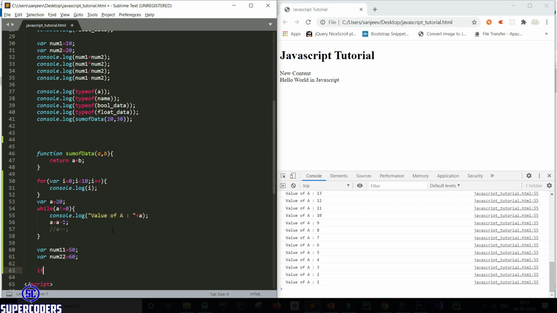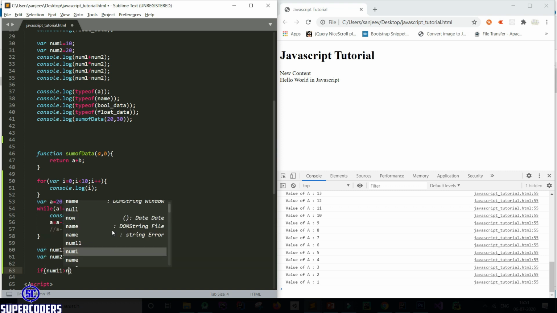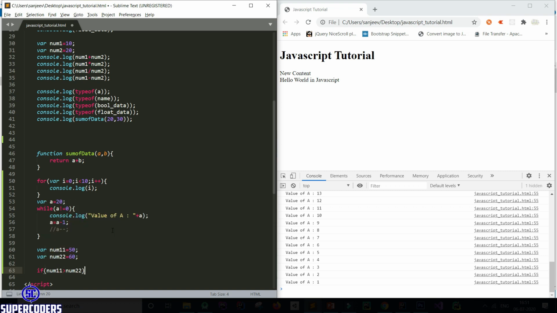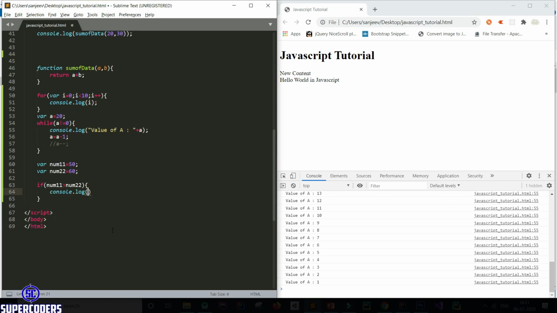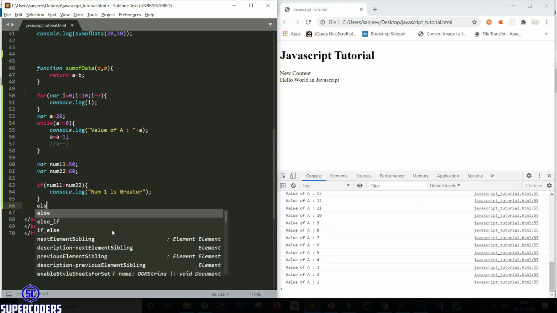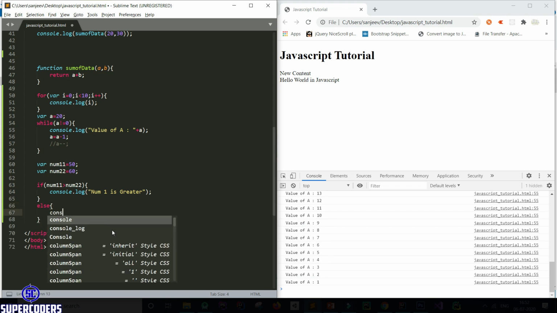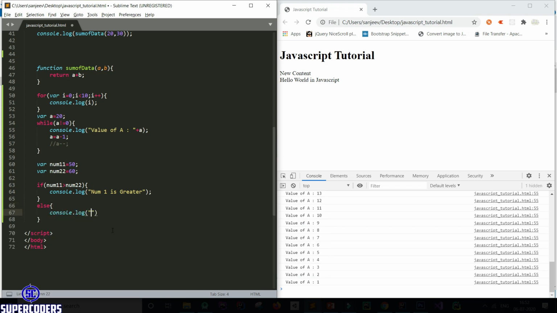So if num1 greater than num2, then printing console.log num1 is greater, else console.log num2 is greater. Again running the program. So you can see num2 is greater.